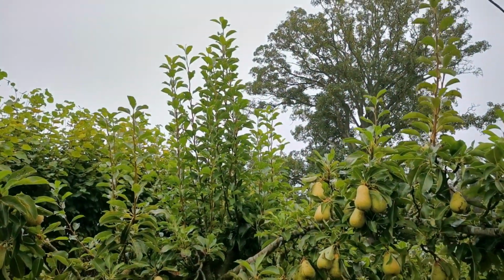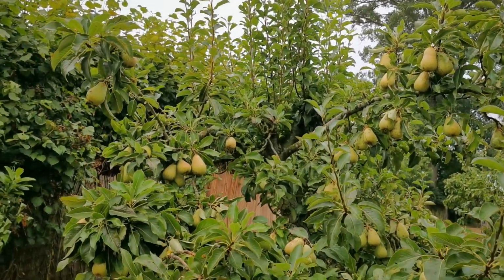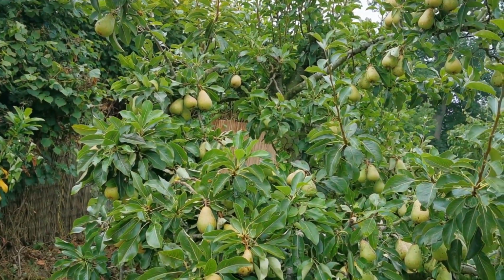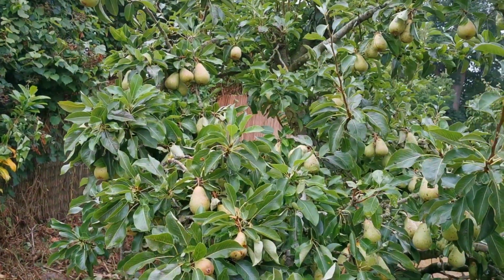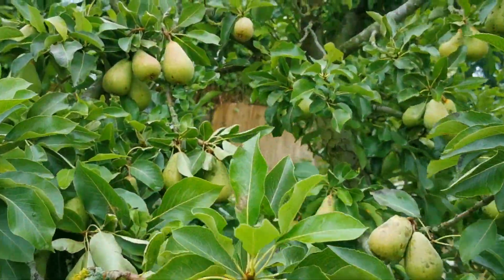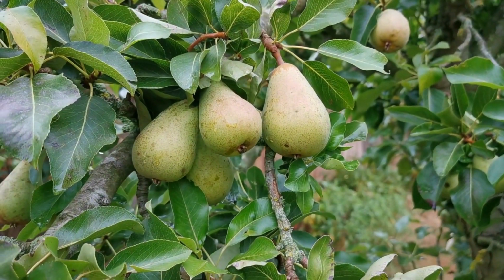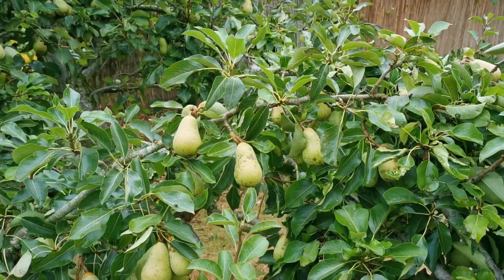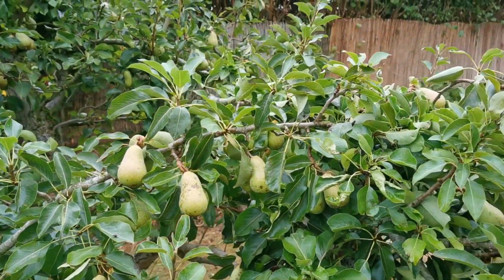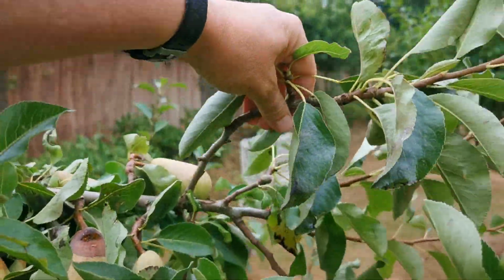The new growth trying to replace them's going straight up again, but as a consequence of taking the top half of this tree out, the bottom half, the fruit on it this year has been spectacular, and we're getting some beautiful looking clean pears. In fact, we're getting so much fruit and such heavy fruit that a lot of these boughs are really in